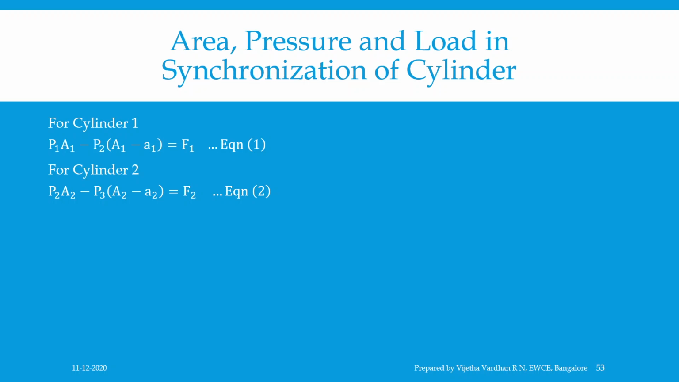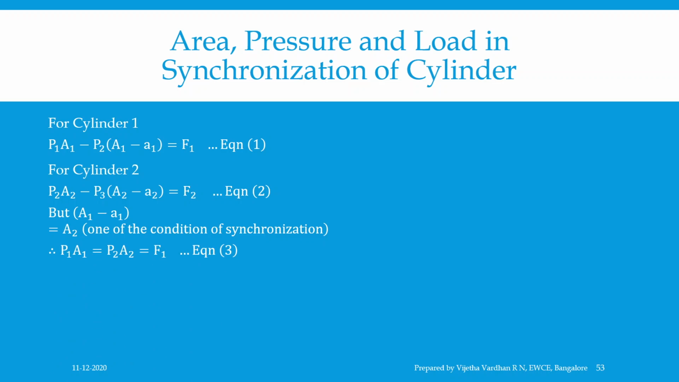But we know that A1 minus a1 is also equal to A2, which is the series condition of synchronization. Therefore, the above equation can be written as P1A1 must be equal to P2A2, which is also equal to the force acting on the cylinder. Since the rod end of cylinder 2 is connected to drain, its pressure should be 0. Therefore, equation 2 becomes